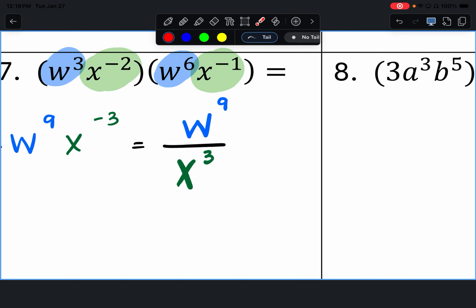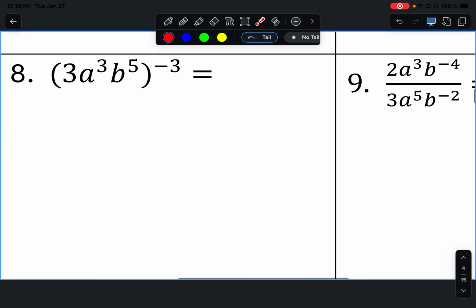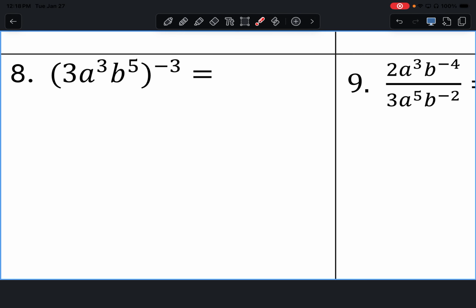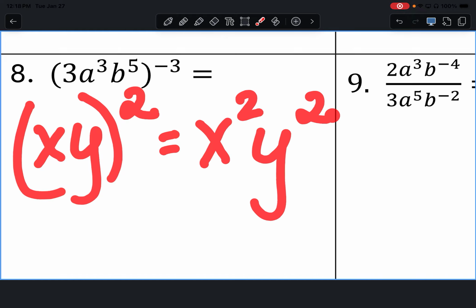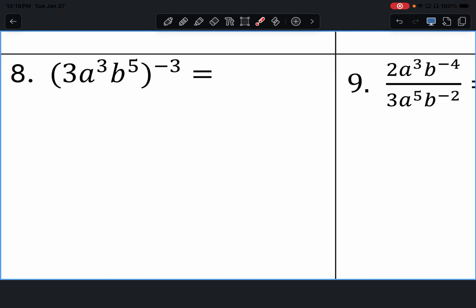All right, for 8. Before we do this, I want to do a quick example. If we have xy squared, we multiply it by itself. X times x is x squared. Y times y is y squared. So when we have this, both things in there get squared. Whenever we have something like this, every single thing is going to get raised to the power of